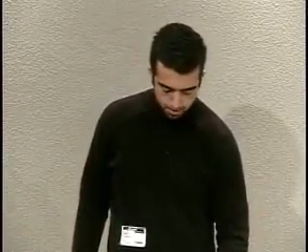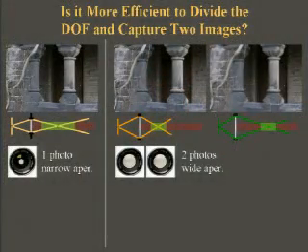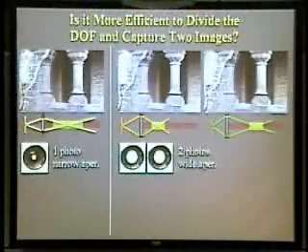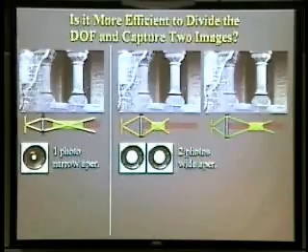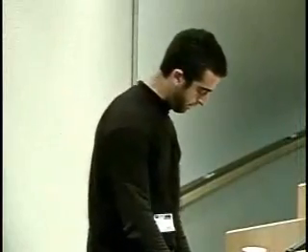But we ask the following question: what's more efficient in terms of total exposure time? Capturing the depth of field with a single image like that, or alternatively, dividing the depth of field into 2 intervals, capturing two different images, and then combining detail from each of the depth of fields. In the 2-image approach, each image is focused differently, and the depth of field for a particular subinterval corresponds to the near part of the scene on the left and the far part of the scene on the right.